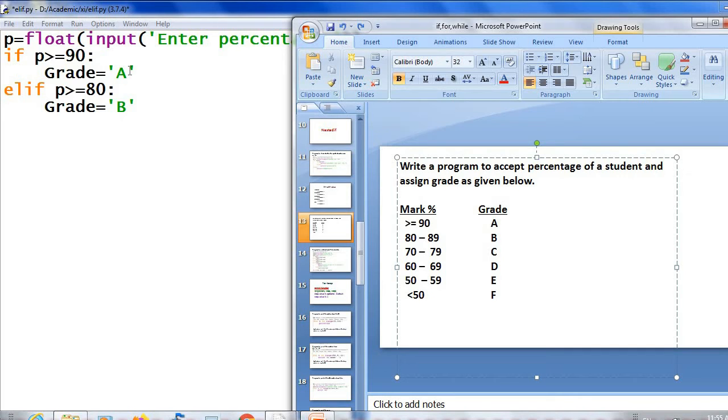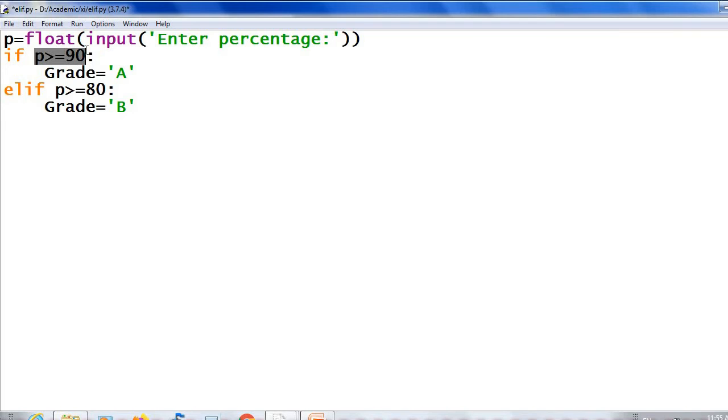That is okay. Then, if this condition is false, that is, if P is less than 90, only then does the program execution move to the elif part. Isn't it? So, if the mark is less than 90, it will come to the elif part and then check whether the percentage is greater than or equal to 80.